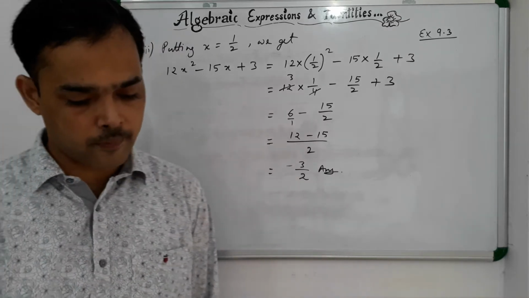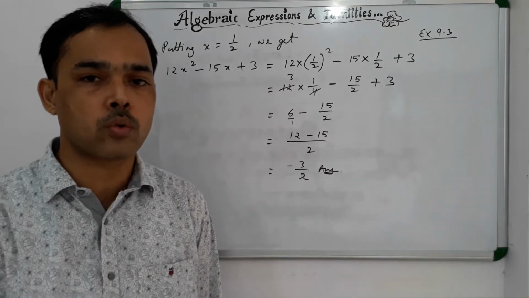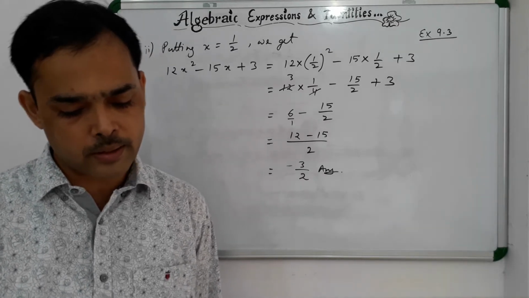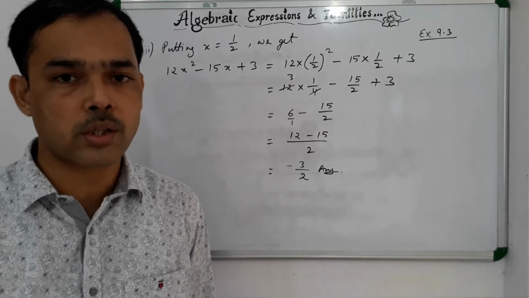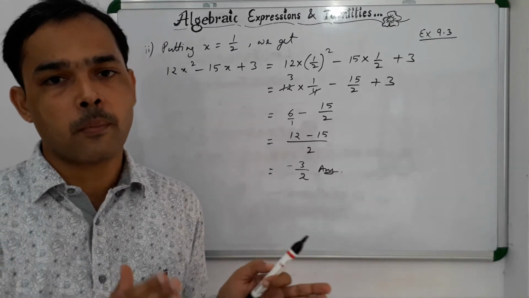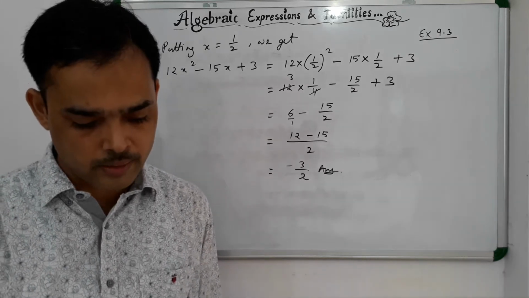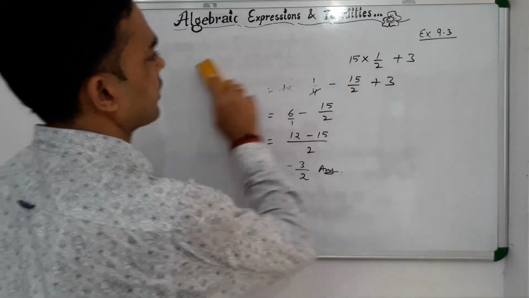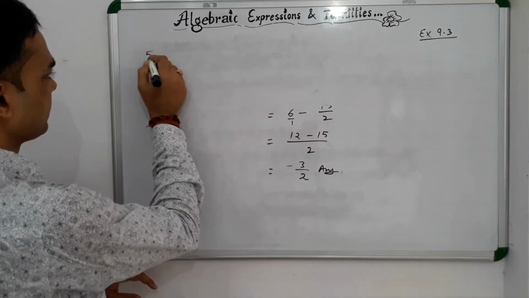I hope that question number 4 is clear to you. Now after question number 4, let us move on to question number 5. In question number 5, in part A, it is said that you have to add, and adding does not give you much trouble. And what has to be added? A binomial will be multiplied by a monomial, and those three expressions obtained after multiplication will be added. So let me write that question for you, then it will be clear to you all.